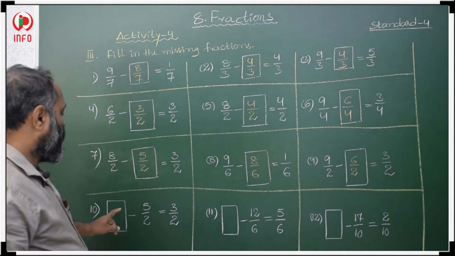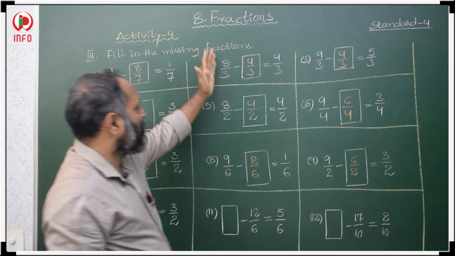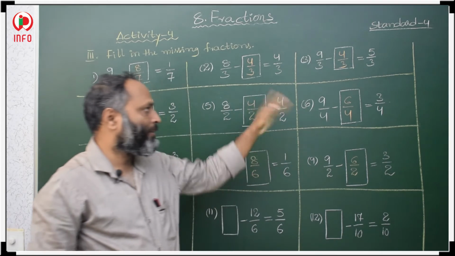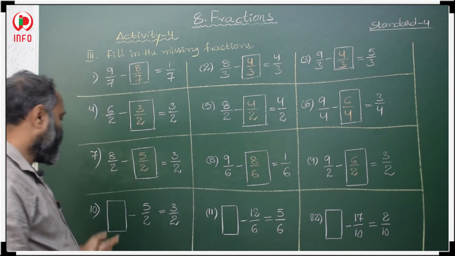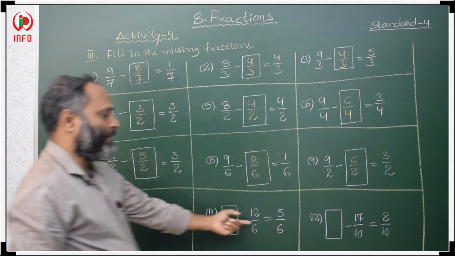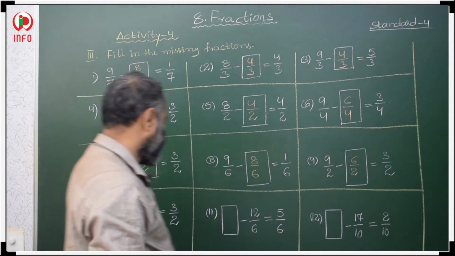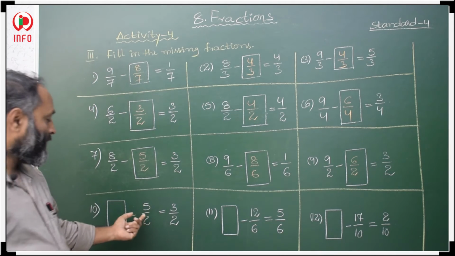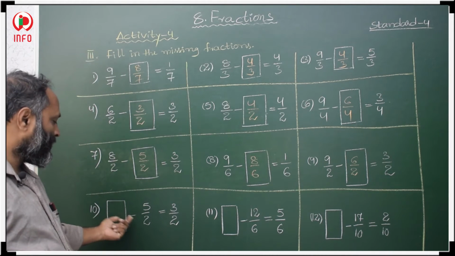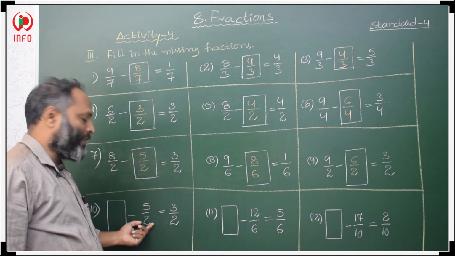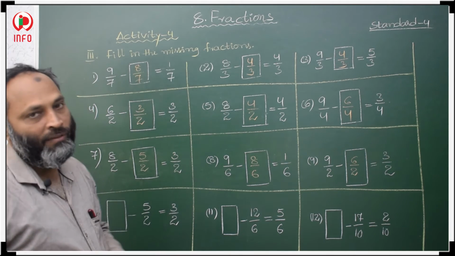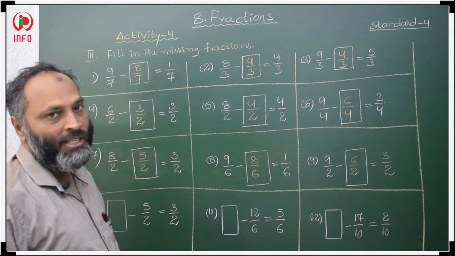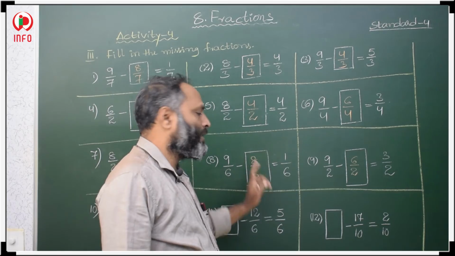Now, in all these fractions, the first fraction is given, the second fraction is not given, so we just subtracted and did it. In this one, the first fraction is absent, the second fraction is given. When the second fraction is given, then what to do? So we have to add. So 5 plus 3. When the second fraction is given, it means we have to find the first fraction. How to find the first fraction? When the second fraction is given, first minus second is the answer, so we write the second fraction, first minus answer.